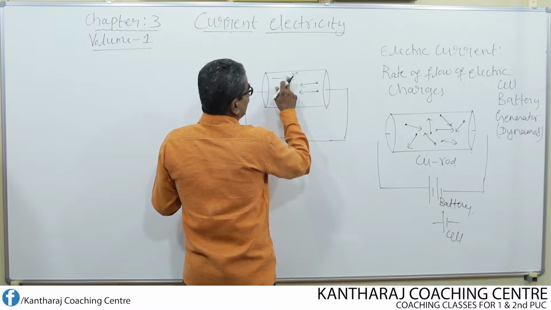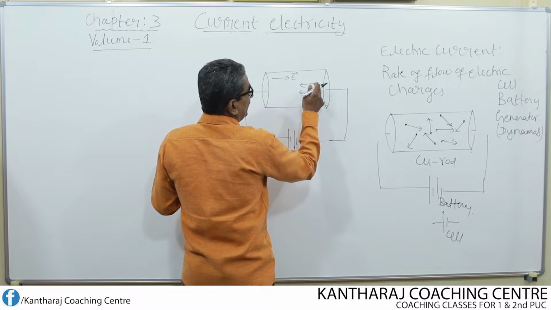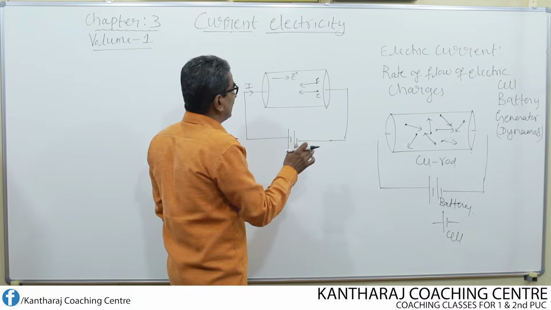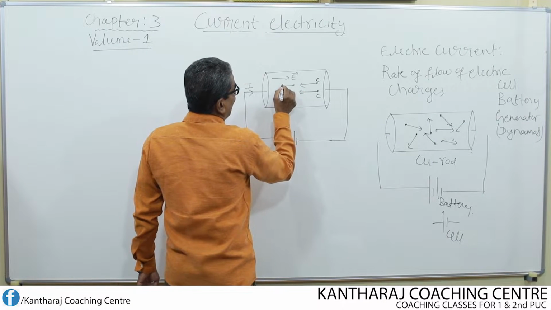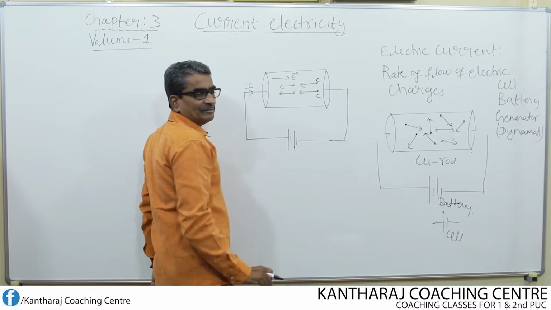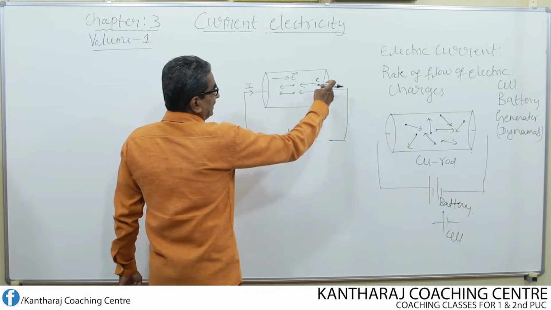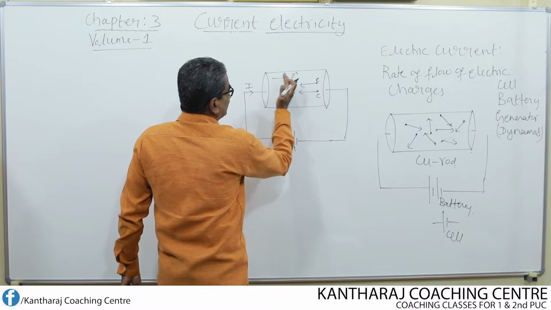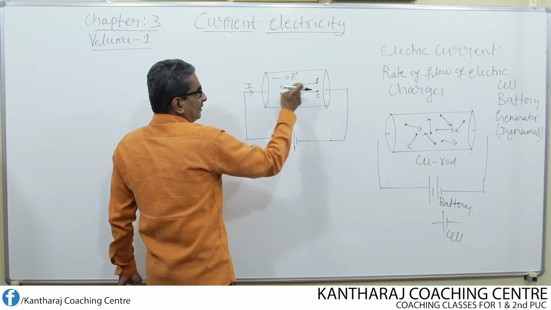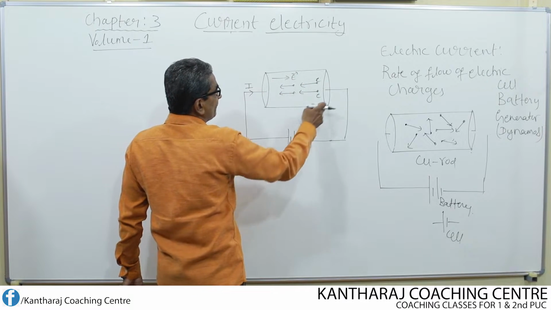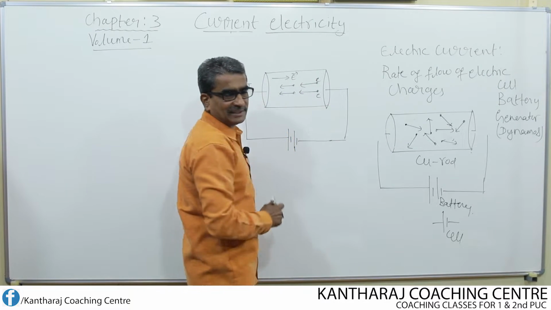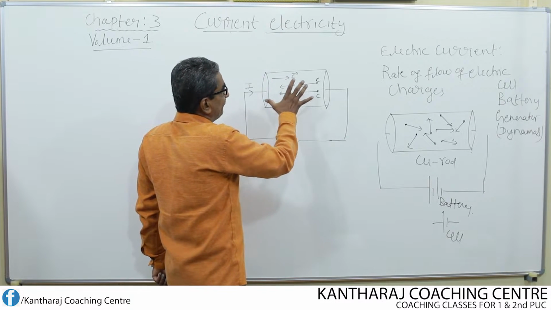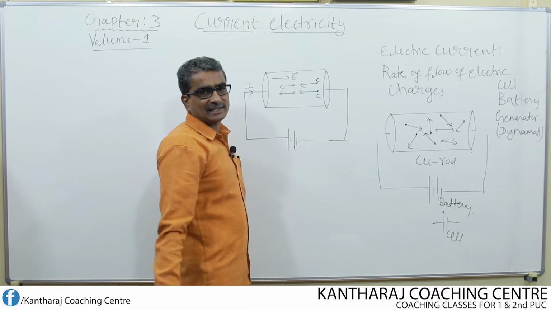Why? Because this electric field exerts a force on each of the electrons. Now this electron begins to accelerate in the direction opposite to that of the electric field, and the motion of these electrons in a streamline, or in a regular order, gives rise to current in this conductor. So this is how current can be produced in a metallic conductor.